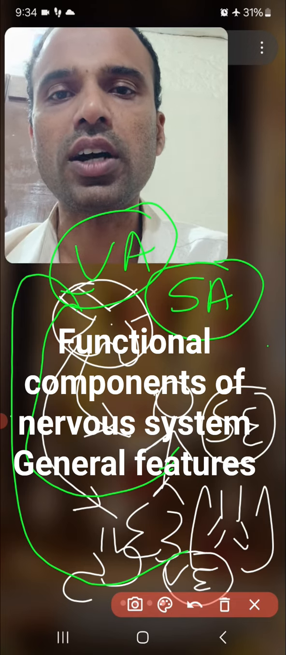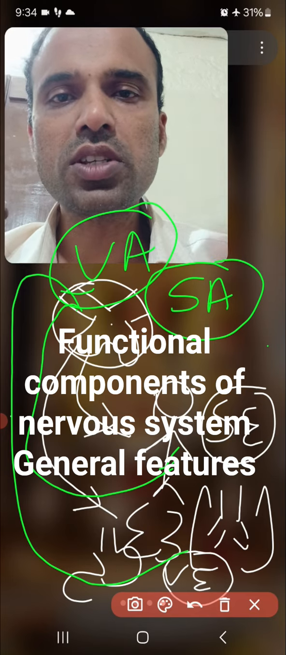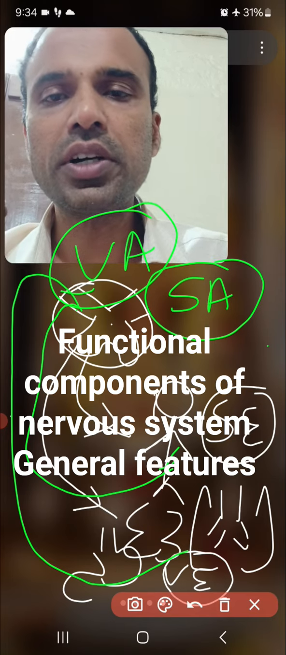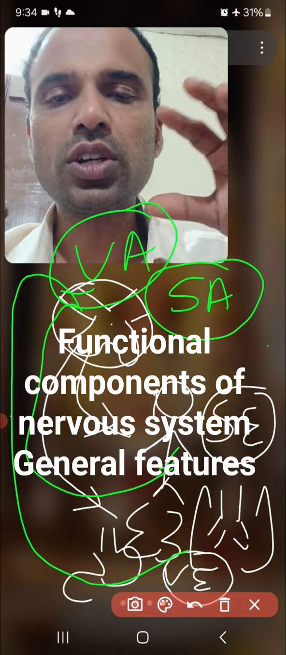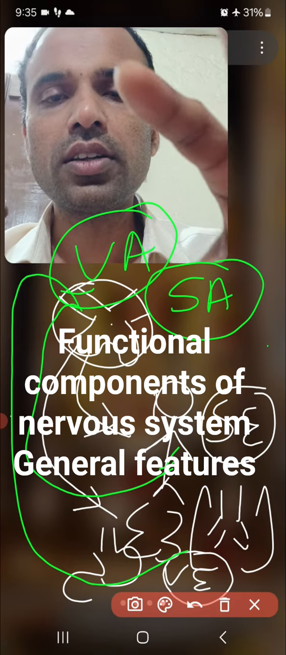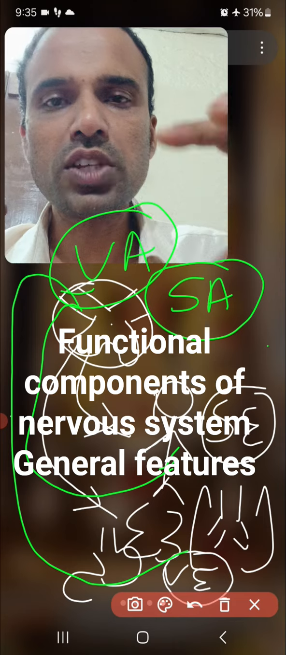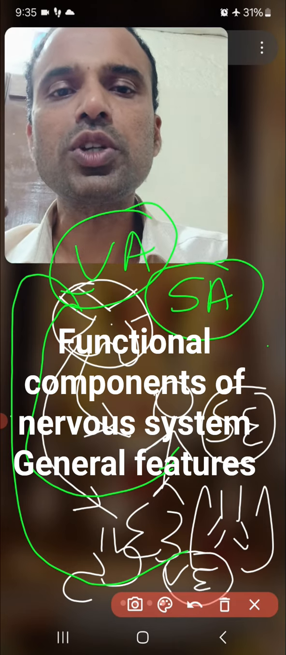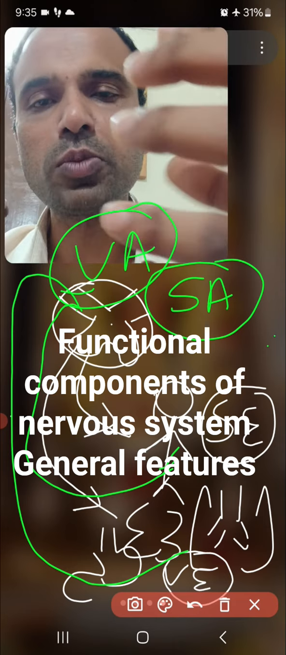For the viscera, the visceral efferent, controlling the smooth muscles, glands in the wall of the respiratory tract, gastrointestinal tract, wall of the heart, blood vessels. So that is visceral efferent. The sense of distension of these organs, the sense of fullness, satisfaction of these organs, the sense of micturition, defecation, all these sensations will reach the brain and spinal cord, visceral